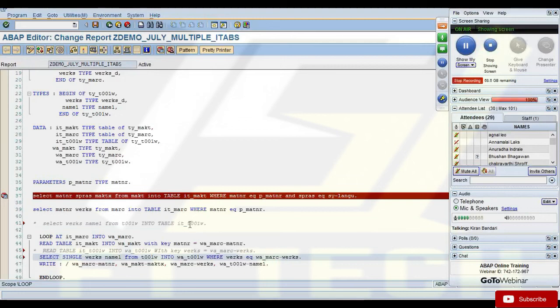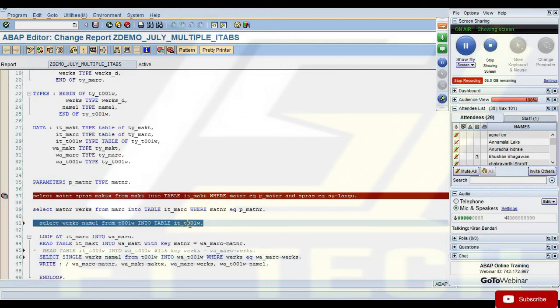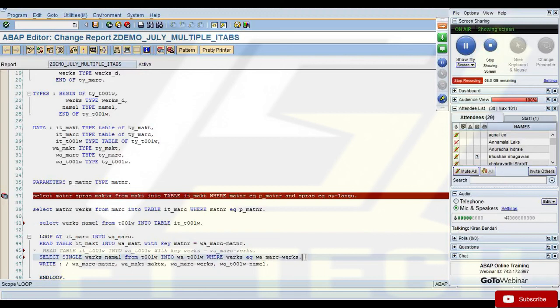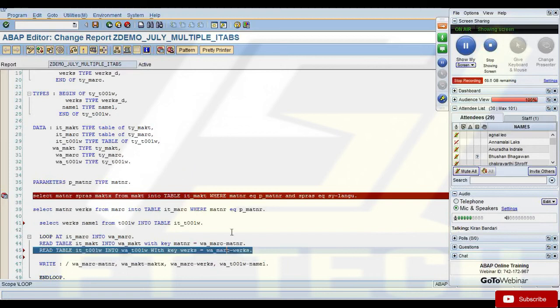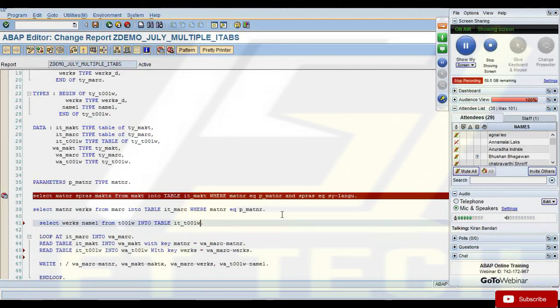But if I write my code this way without where condition, there is no guarantee that you won't get a runtime error. If the data is more, you'll get a runtime error, right? So both are wrong, both are bad, both are not the ideal way. Then how do I write a select where condition to this? There's one more addition that you can use with your select statement. I'll just talk about this and conclude today's session.